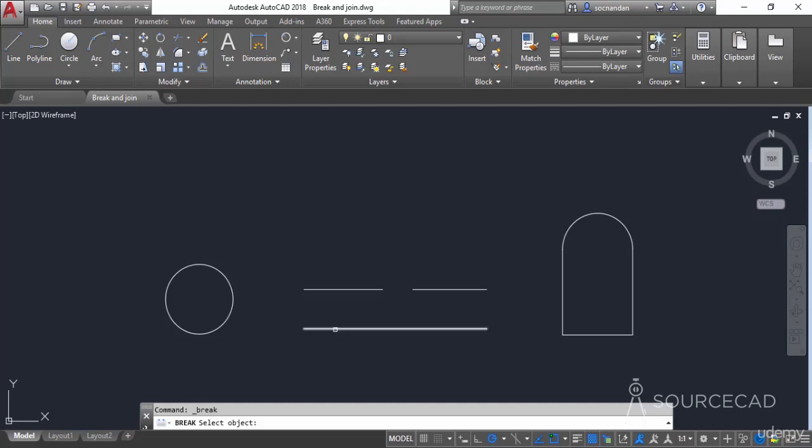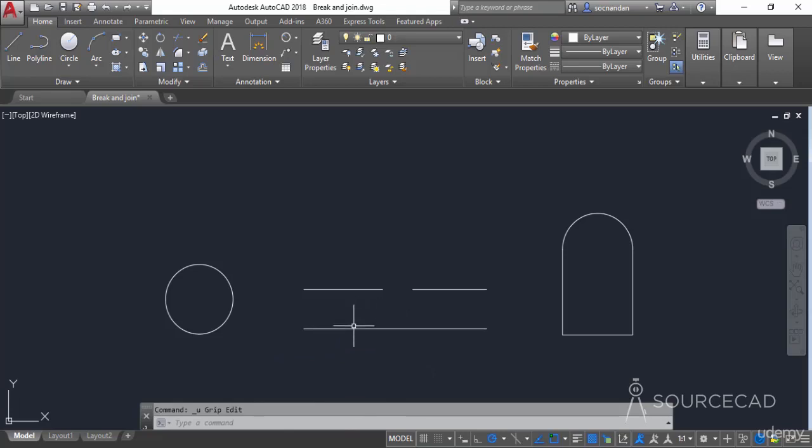For that I'll select the object and now specify the first breakpoint as mentioned on the command line. Let's click on this midpoint, and now the object is broken into two different parts. Let's select it, and now you'll notice that we have this as a separate segment, and you can obviously move it. So using the break tool, you can break any segment into two different parts.